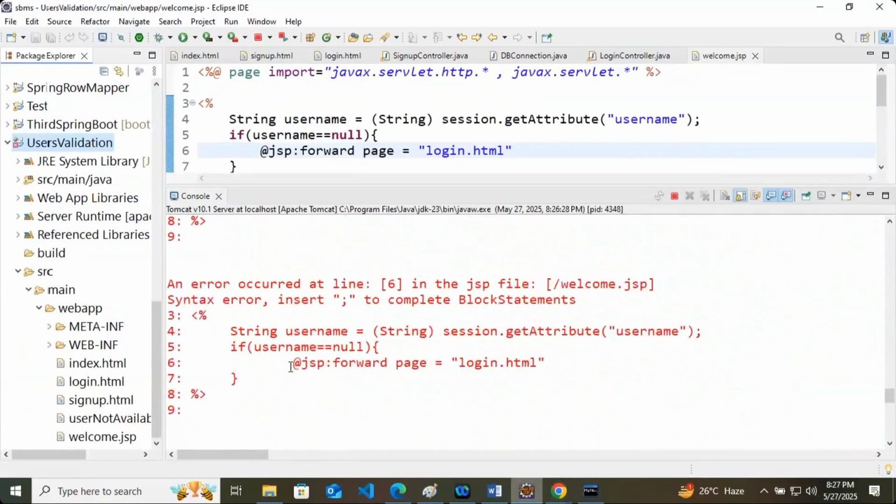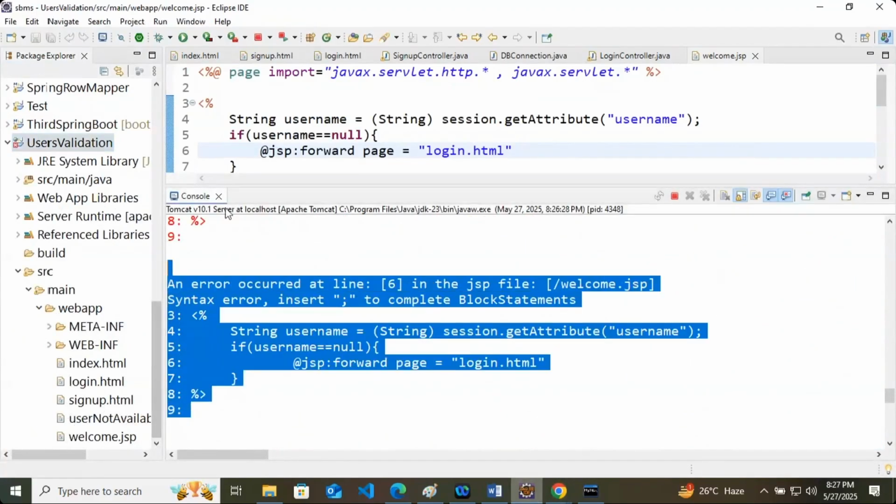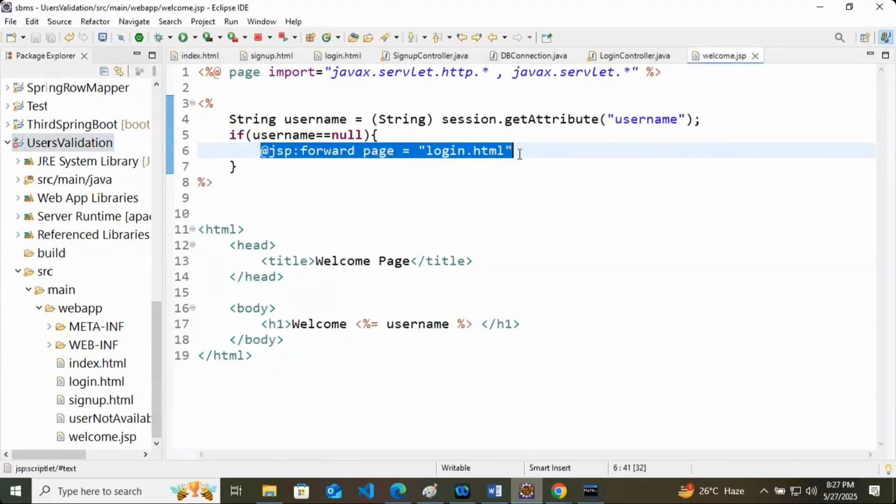You can check the error here also, like this. There is an error. Incorrect statement. Think again. Shankar, JSP done, right?